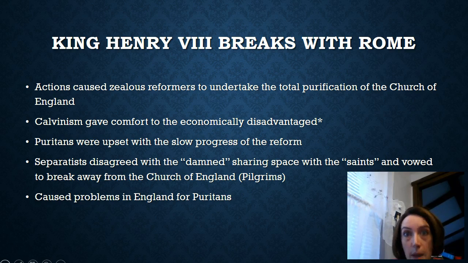They want to be separated. That's why they're separatists, because they don't like sharing space with those that they view as damned or not taking the Reformation far enough. And so there's a lot of issue